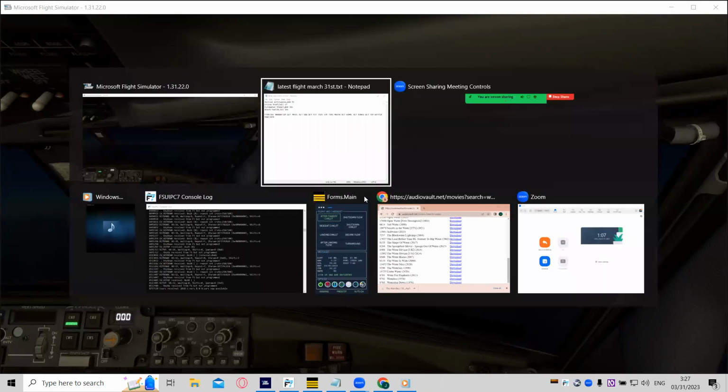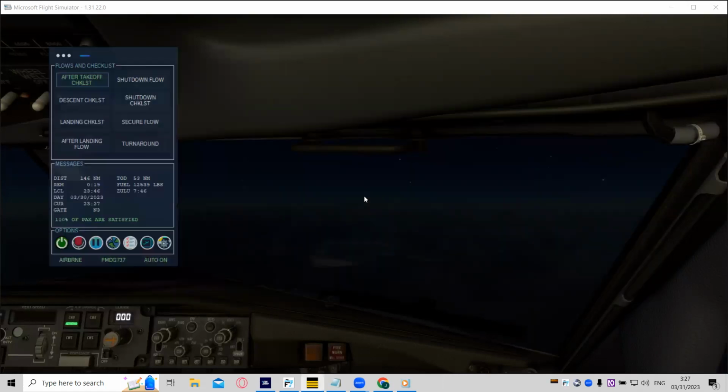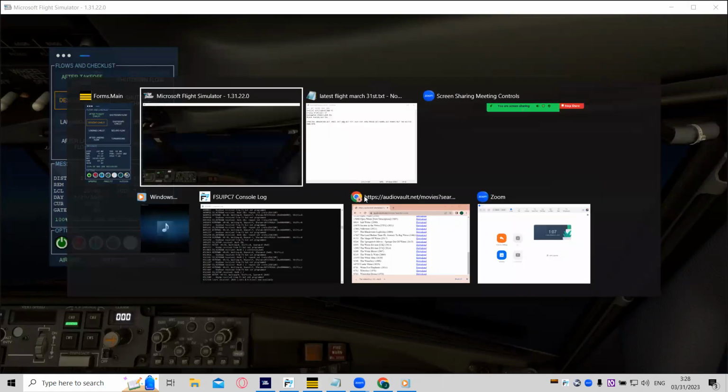Latest flight March the 31st. Screen share. Windows Media Player. Flows and descent checklist pressed. Ready for the approach briefing? Okay, we're expecting